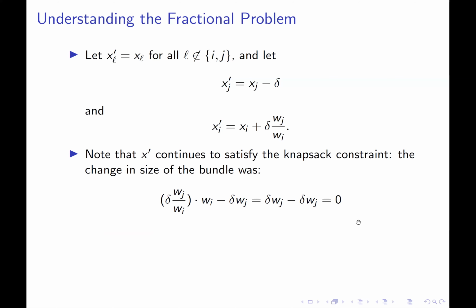And remember, x was nominally the optimal solution to the fractional knapsack problem. And in particular, that implies feasibility. So if x satisfied the knapsack constraint, and by moving from x to x prime we haven't changed the total weight of the solution, then it must be that x prime also satisfies the knapsack constraint. And so we've verified that by performing this little bit of surgery, we haven't caused our new solution to exceed the size of the knapsack. The sum of the weights hasn't been made to exceed our budget B.